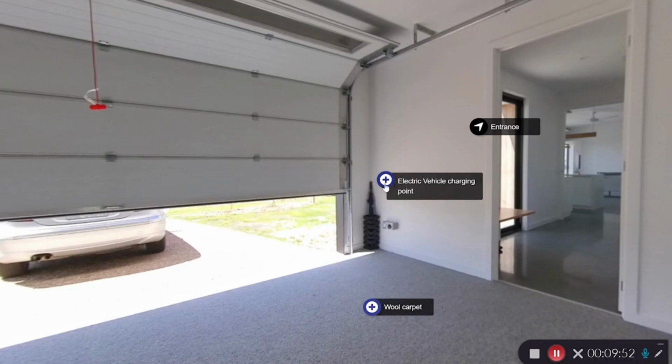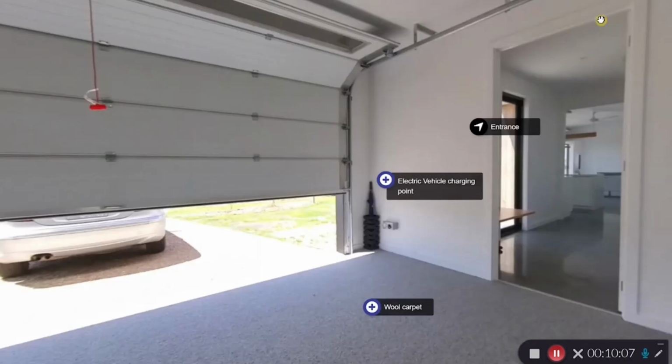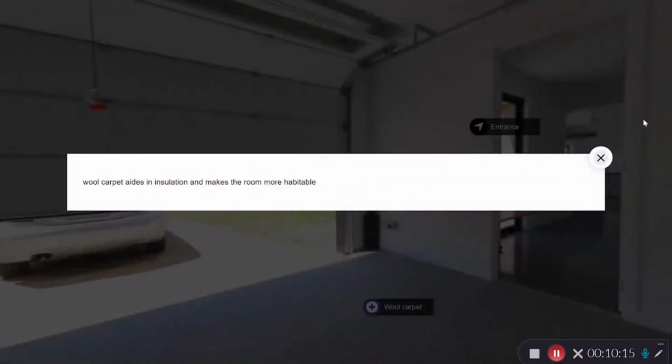when people need that area. The electric car charge point is near to the garage door, so it can be offered to visitors as well as a car that's parked inside the garage. It runs off the solar panels on the roof and the battery, depending what time you charge. A wonderful addition. So no more buying of petrol, just getting all the energy you need from the car and